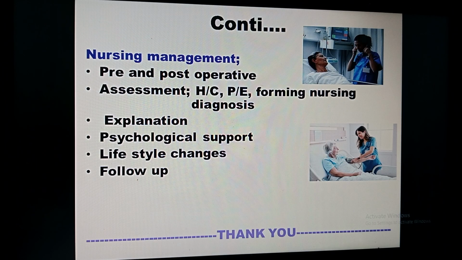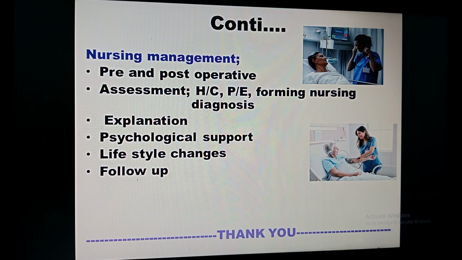What is the nursing management? As a nurse, it is our responsibility. If it is a surgical case, posted for surgery, there will be post-operative management. Otherwise, if it is just admitted and not surgery, then pre-operative. It depends upon the condition, pre and post-operative. That is assessment, history collection and physical examination according to the symptoms, forming nursing diagnosis, and implementing and evaluating. Explaining about the condition, psychological support to the couples, lifestyle changes, especially exercise, yoga, meditation,